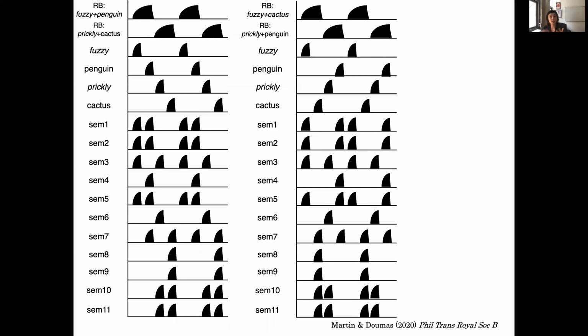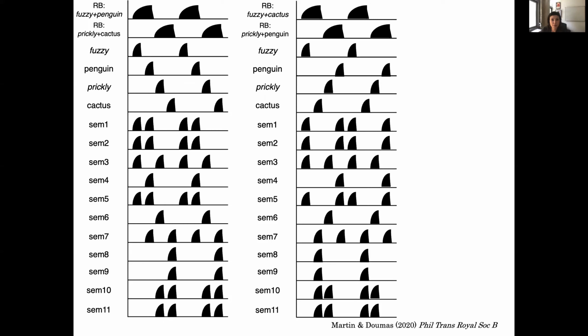So in this way, we can even visualize how fuzzy penguin, fuzzy cactus, prickly penguin and prickly cactus might differ in this system, right? They aren't going to give us exactly the same pattern. If you look at all the units in time, that's how we can distinguish them. That's how we can pull them apart in the system. Because their activation patterns will have some similarity among dimensions, that's also how we can determine whether they're similar or different. All right, again, that was a very short overview